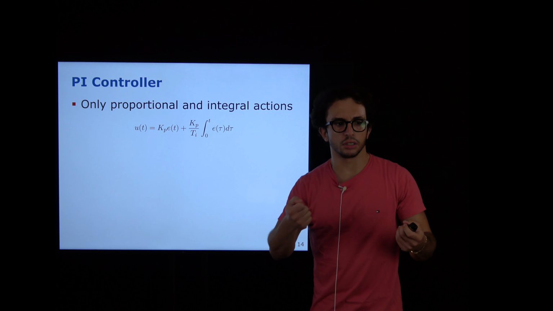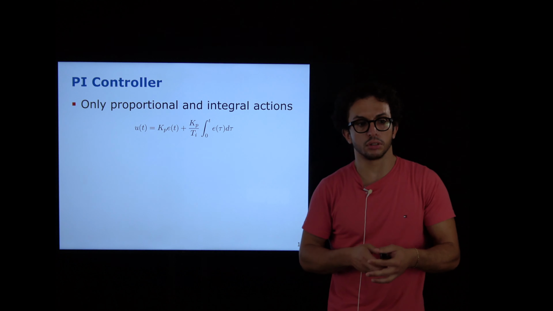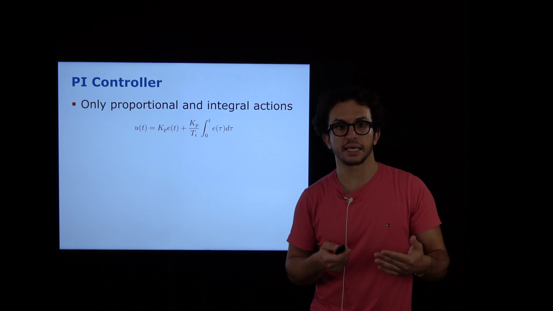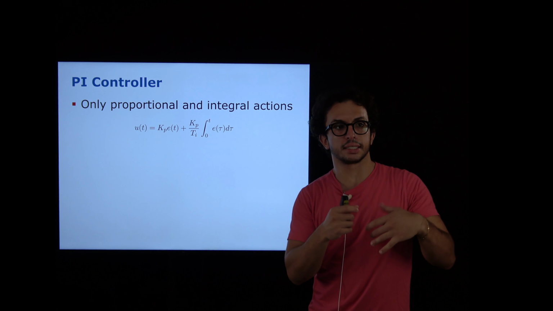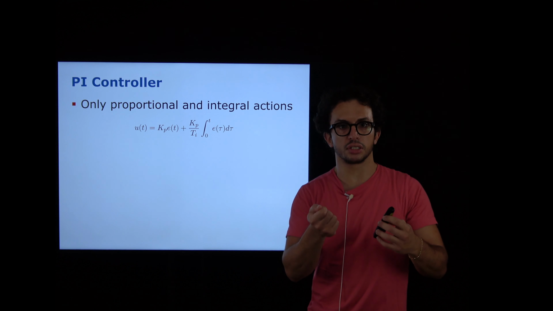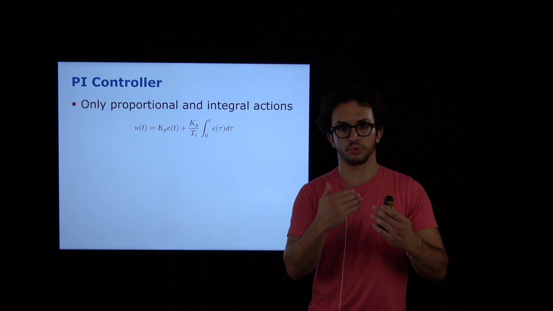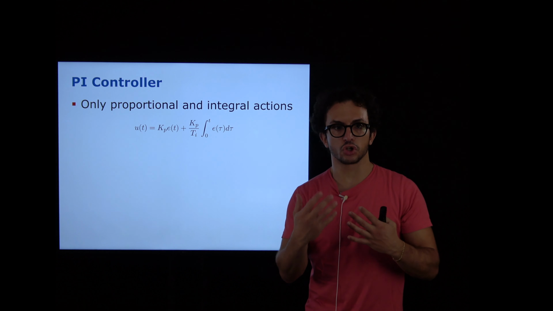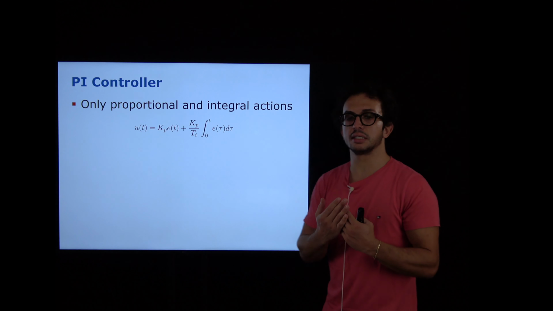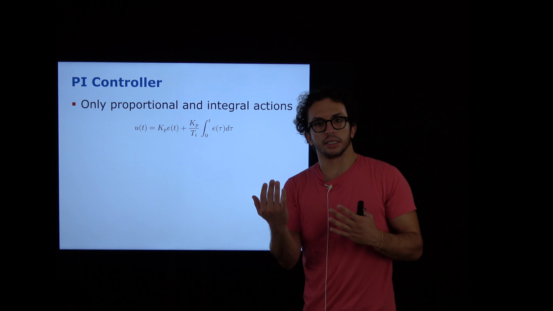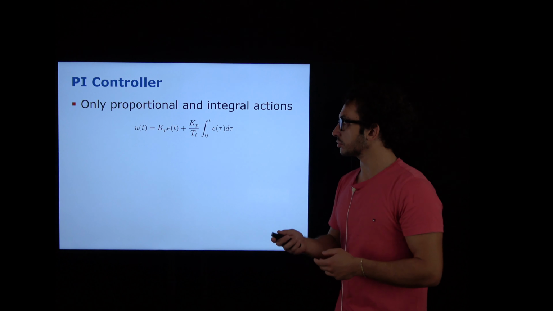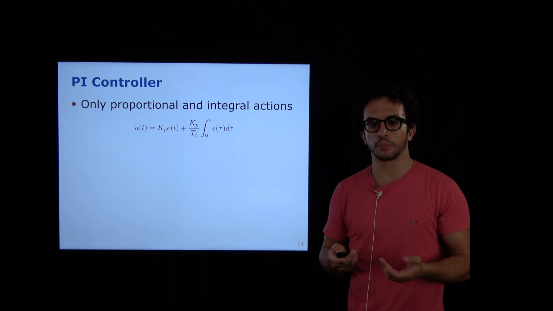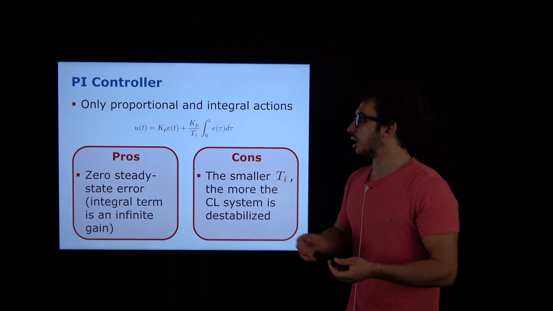This is a good thing, because it looks at all past errors. It sees maybe that the error is reducing, and therefore it might trigger the controller to give a smaller input, or a softer input, because it sees that the system is actually converging where we want. So what are the pros and cons? The first is that